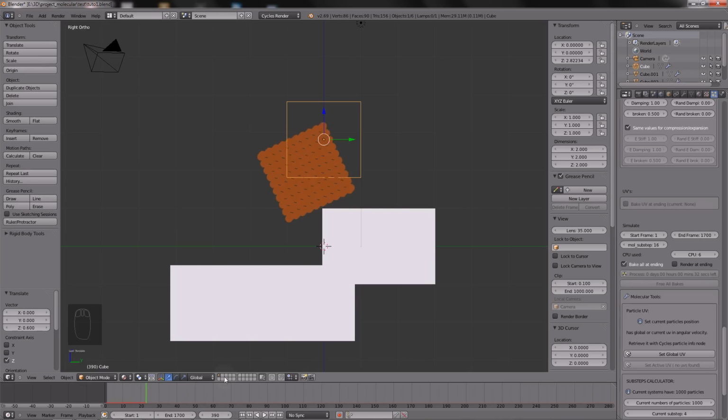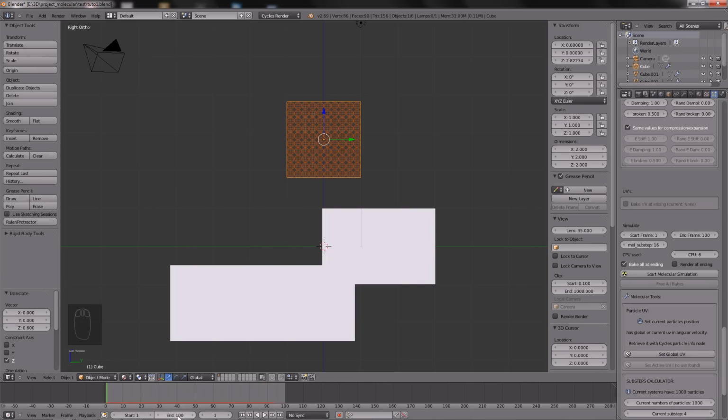As you can see, every time I press start simulation, your timeline is stretched. It's normal, because this is the only way I found to fake substeps in Blender correctly, because in code I don't have access to a real subframe in Blender. So don't be worried if you see your end frame set to a high number. It's just because it's multiplied by the number of substeps. If you press escape to stop the simulation, your start and end frame come back to